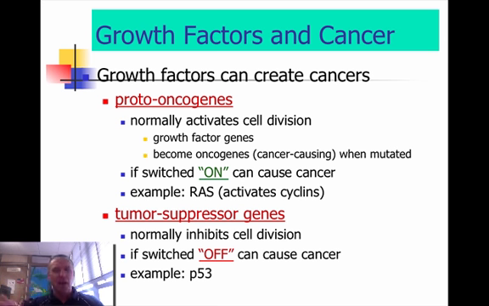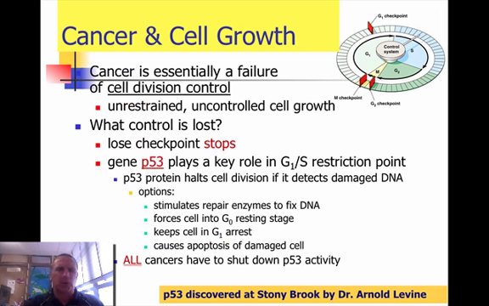It switches on and it causes cancer. So what happens is these cells continue to grow and they've lost some of that density-dependent inhibition that they had earlier. And you could also have a tumor suppression gene that is actually switched off. That means that the gene that normally causes the cell to stop dividing, if it's cut off, then the cell continues to divide. The example of this is P53, and I want to go into a little bit of P53